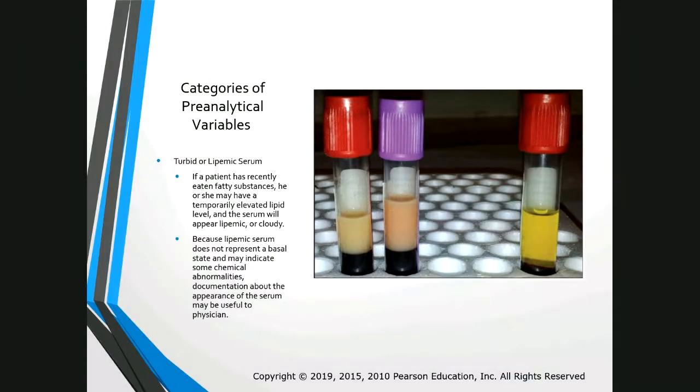Turbid or lipemic serum. If a patient has recently eaten fatty substances, he or she may have a temporarily elevated lipid level, and the serum will appear lipemic or cloudy as shown here. This is what a normal sample looks like. The serum is yellow. Turbid would be a milky cloudy appearance as shown here, or even like a